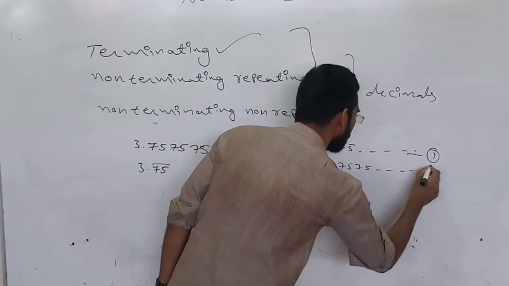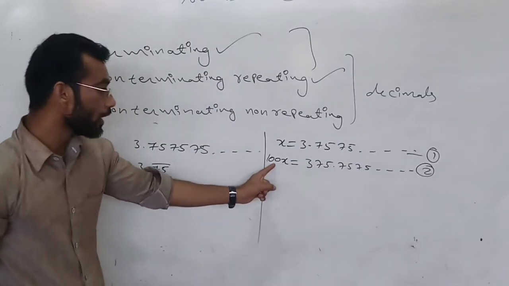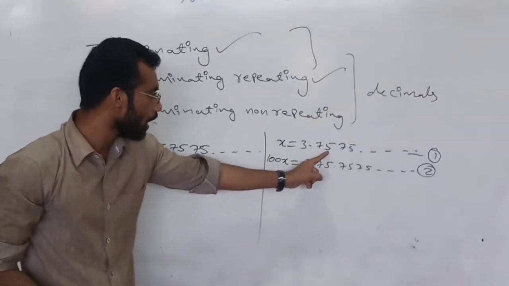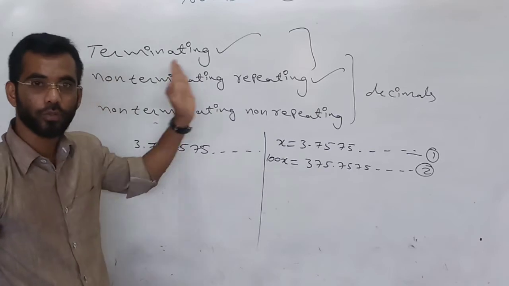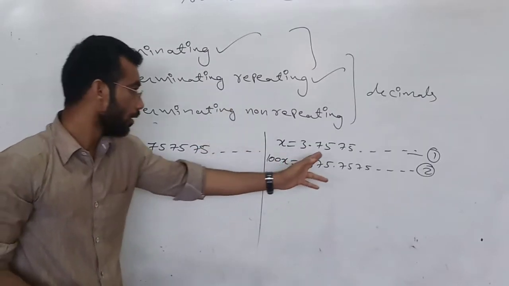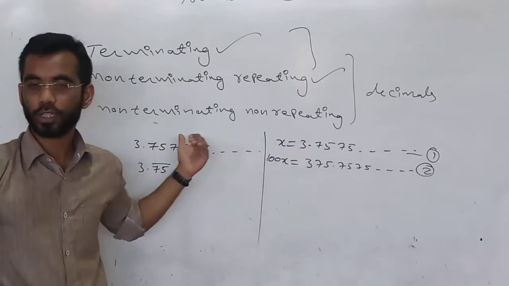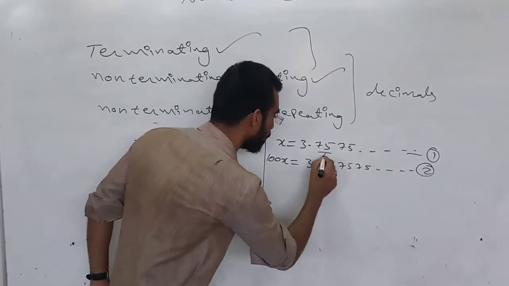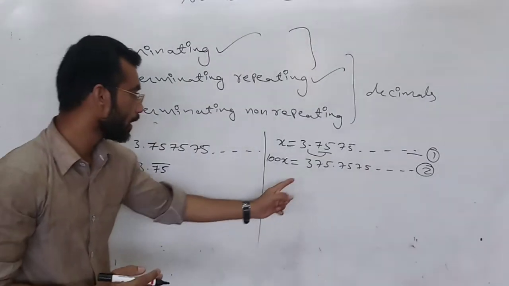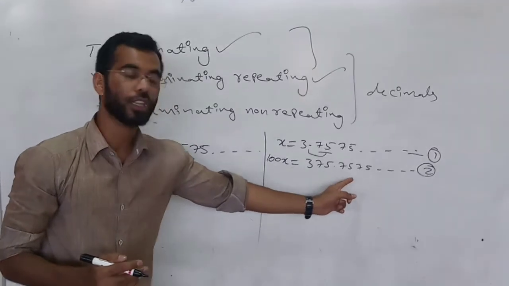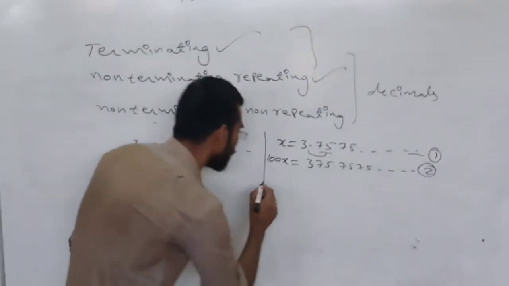375.7575, and so on. Make it equation number 2. If you are multiplying with 100, 2 digits after the decimal point should be taken before the decimal point. Then it will become 375.7575, and so on. Now subtract